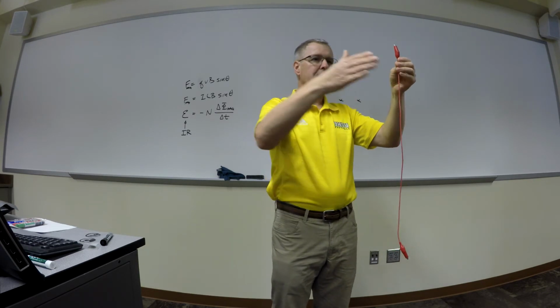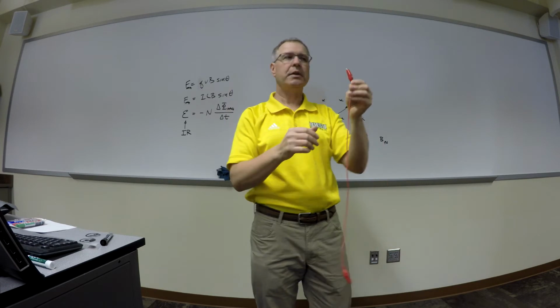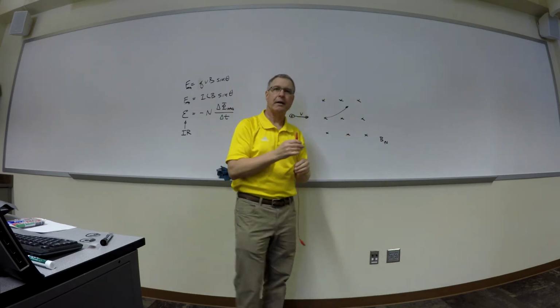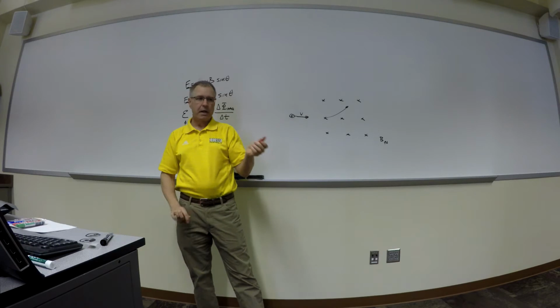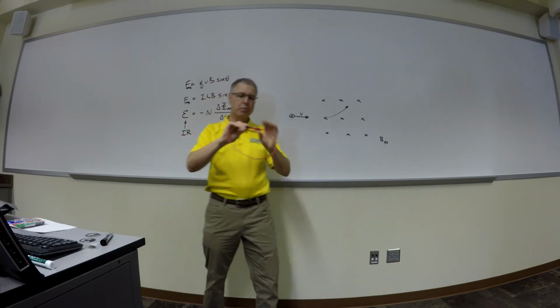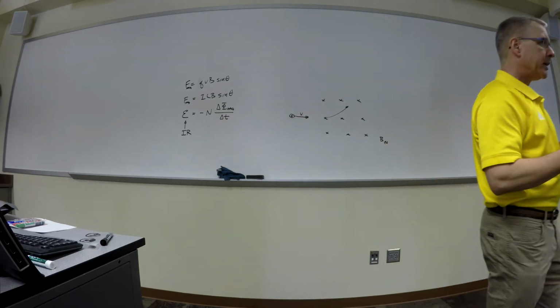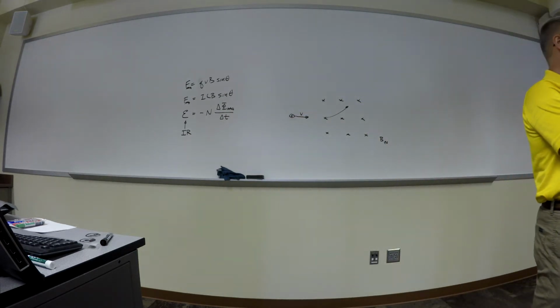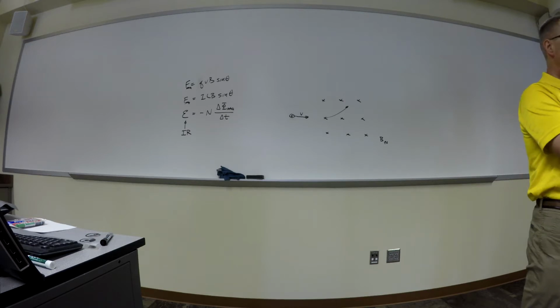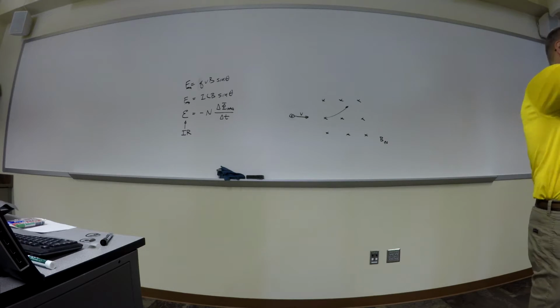How about the strength of it as it goes out? It gets weaker the further out it is. And there's an equation that'll quantify that. If I take my current carrying wire and I stick it in a loop like this, that's going to make a magnetic field inside the loop, and it's pretty easy to figure out what that field inside the loop is going to be like. If I've got a current going around this way,